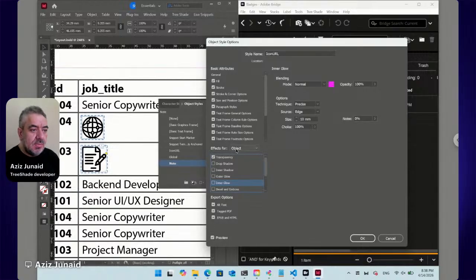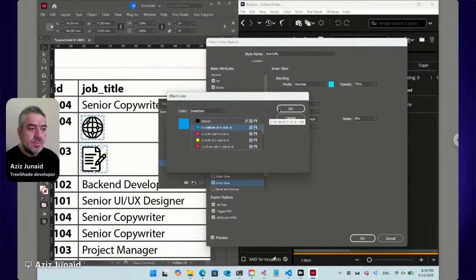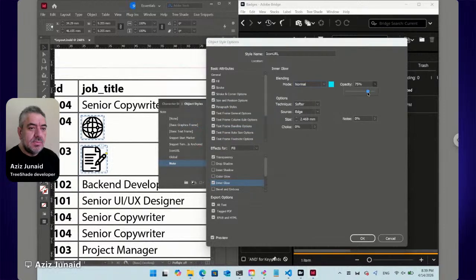So if we change the object to fill, then inner glow again, oh, nothing. Anyway,